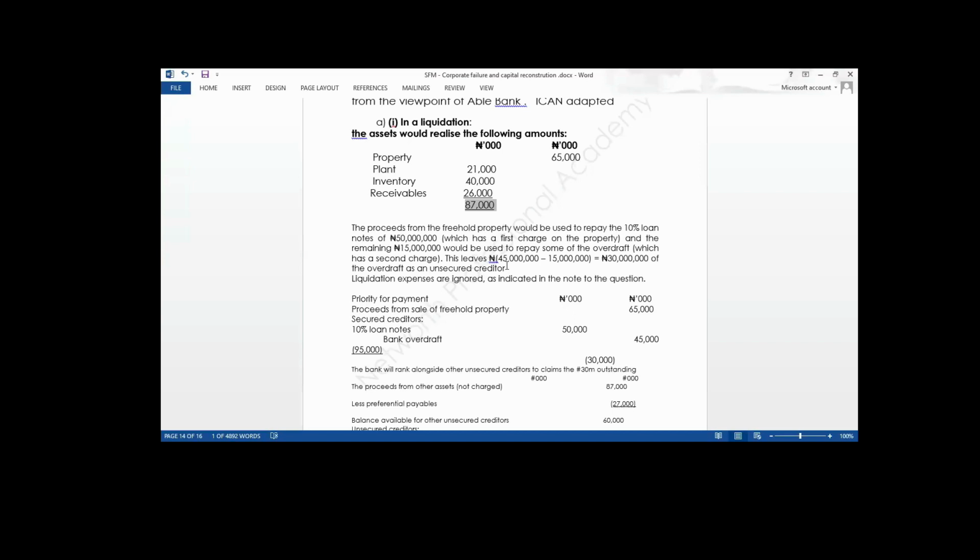Then we move to fixed charge secured creditors. After fixed charge, we move to floating charge secured creditors. After floating, we move to redundancy payments. Then we move to unsecured creditors. Then you have preference shareholders. Then you have ordinary shareholders. These are the orders of distribution. And I emphasize that